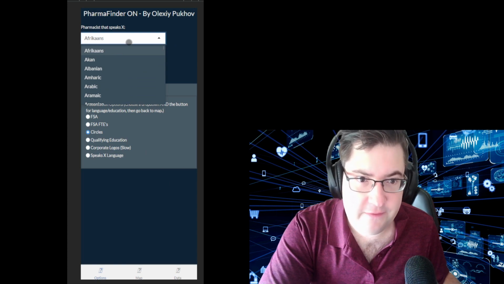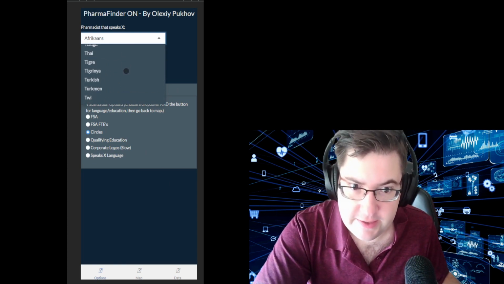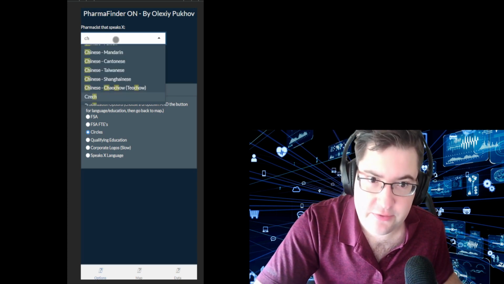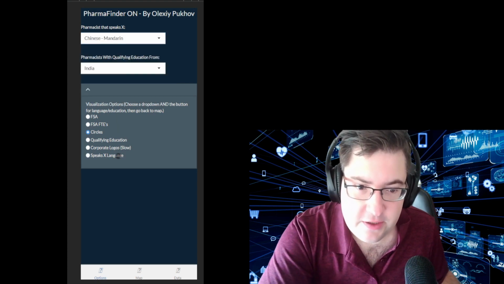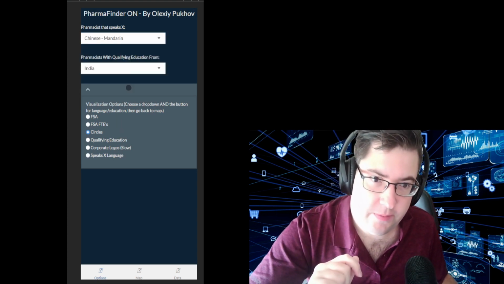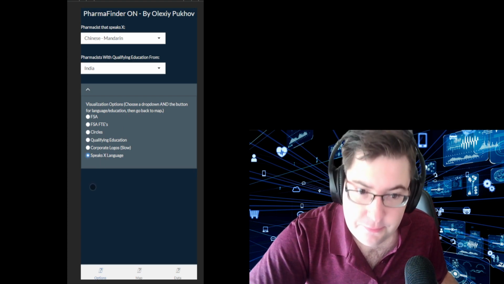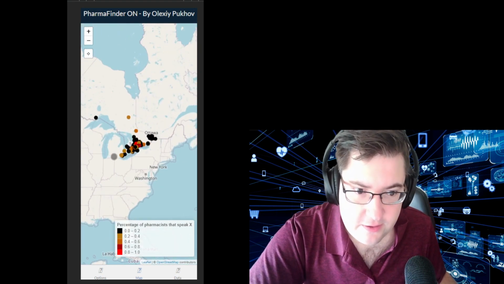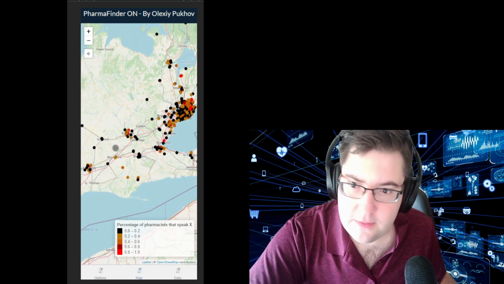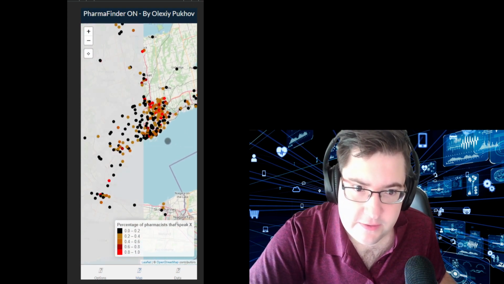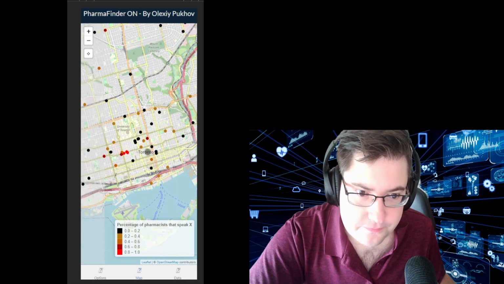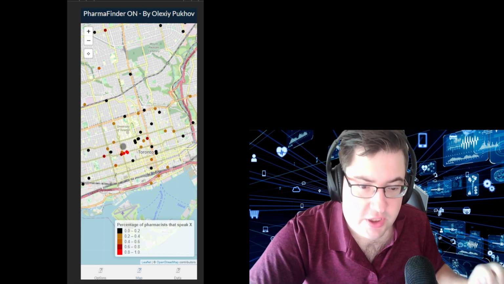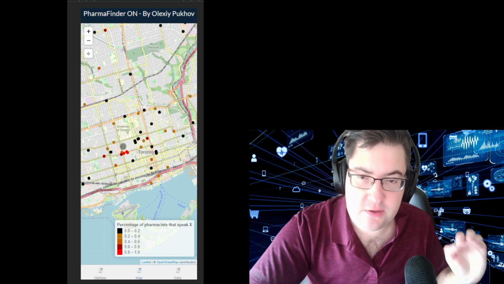You can also find a pharmacist that speaks one of 103 languages. So for example, if you're interested in a pharmacist that speaks Chinese Mandarin, then you can find this by first choosing from the drop-down and then clicking the Speaks X language option. And then you can go back to the map, and if you ignore this outlier, then zoom in, you could see the pharmacies that have pharmacists that speak that language